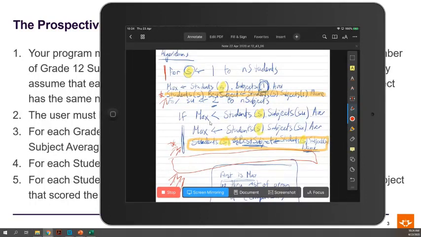At the moment, the maximum is the average of your first subject. We're going to compare the average of the first subject, which is currently in max, with the average of your other subjects. Remember, the SU here ensures that we look at all the other subjects that you have. And so if it is true that the maximum is smaller than your second subject's average, what happens then is we need to update that maximum to this